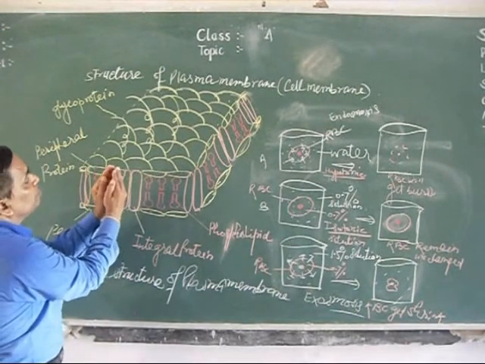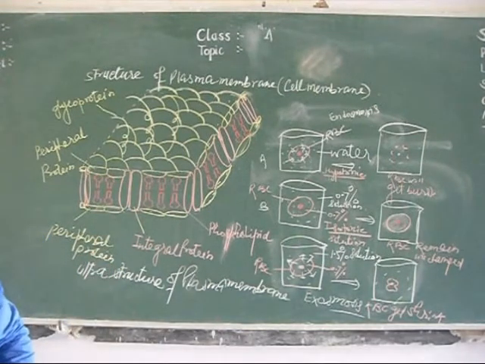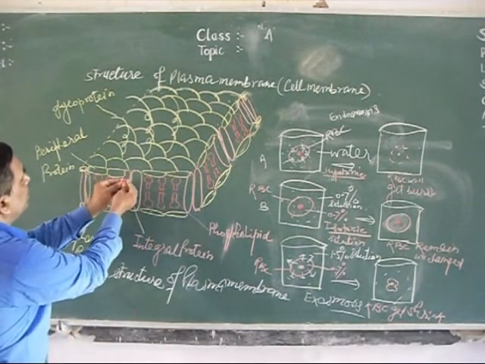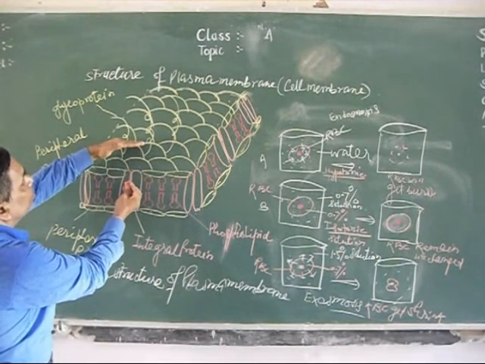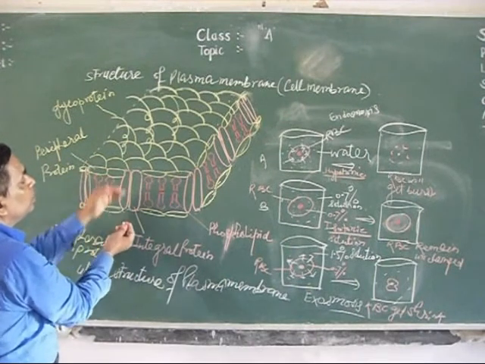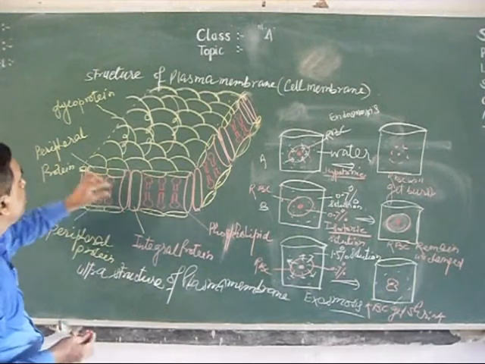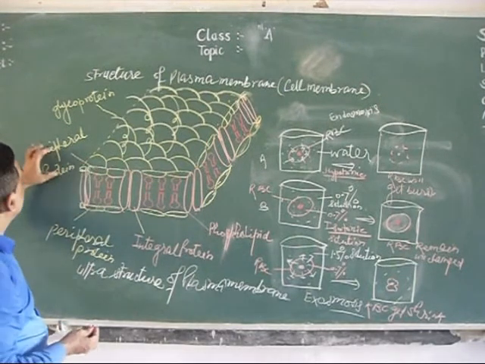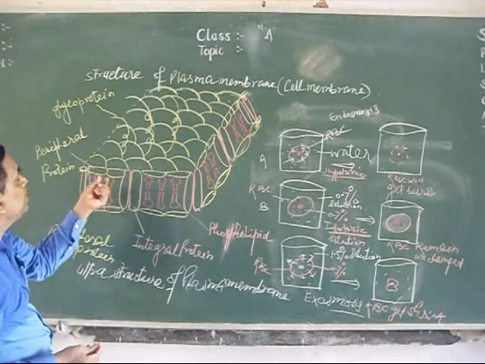These two proteins form a channel-like structure. Why a channel-like structure? Suppose here are two proteins that form a channel-like structure, so the material can cross from one side to the other side of the membrane. So this channel protein is present to allow material to pass across the membrane. And here is the phospholipid in between the two layers of protein.